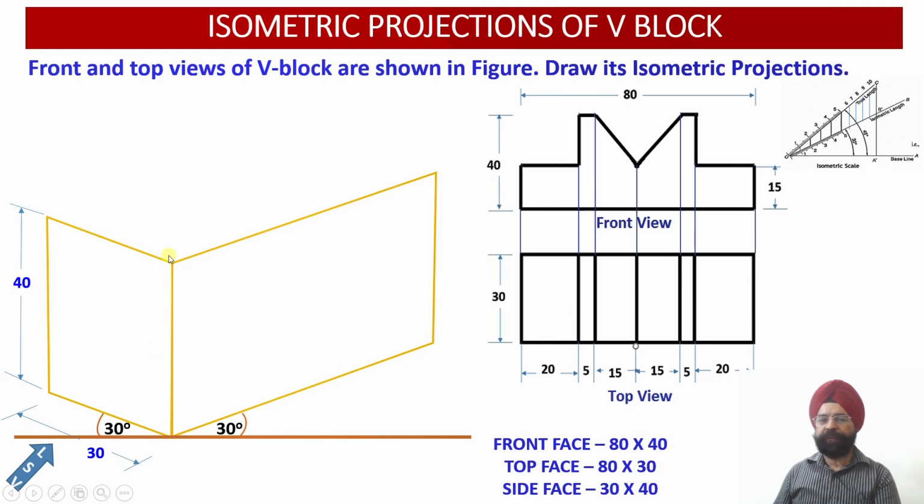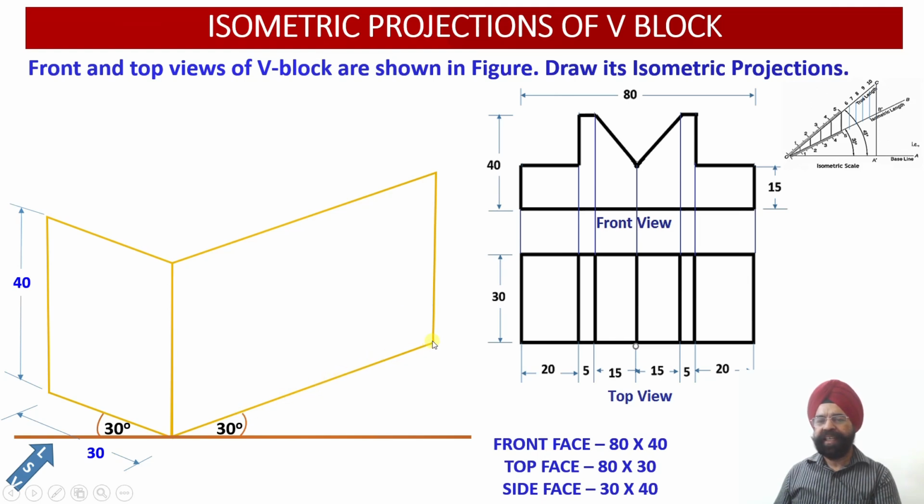Now this is the front face, which has the dimension 40 millimeter. So 40 millimeter we had already marked while we were drawing the side view over here. While we were drawing the cross section corresponding to the side view, this 40 millimeter edge we had already drawn. So to complete this front face, we have to mark 80 millimeter length along this z-axis,